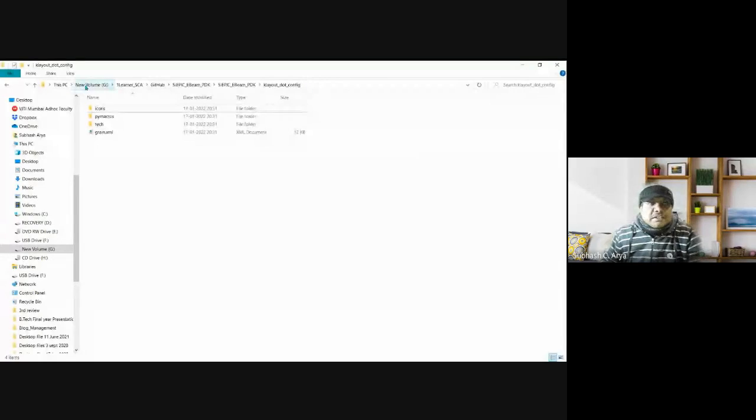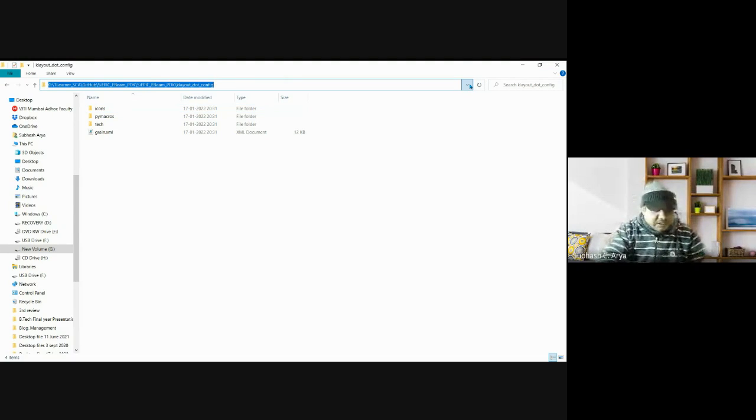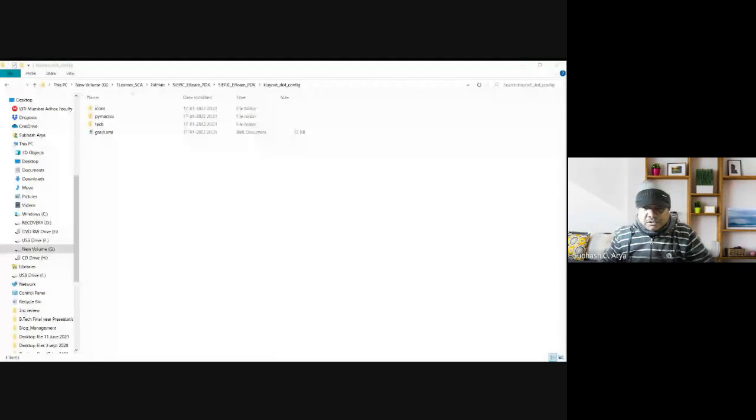I will share this. You can see this is the location where my Klayout config folder is. On this G drive, there is a folder learner SCA, GitHub, SciEpic EB PDK. This is the folder, and I'm copying its path link now. Control C, and now I will paste it in the command prompt.